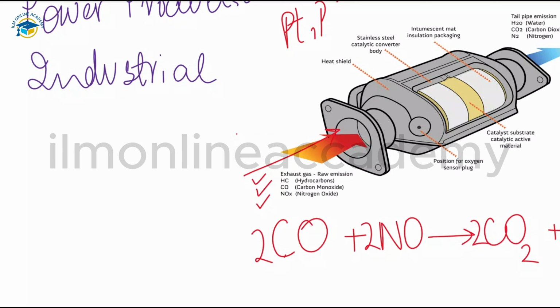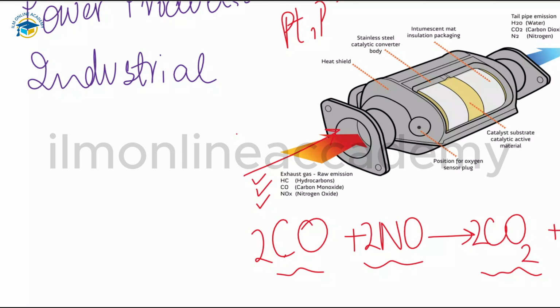You can see here that carbon dioxide is less toxic, but carbon monoxide and oxides of nitrogen are more harmful. So the toxic gases produced by the engine are converted into less harmful gases through this catalytic converter. The catalytic converter can also catalyze other reactions to further reduce the emission of pollutant gases. So this is how the catalytic converter works. This is the device for converting the polluting gases from cars into less dangerous emissions.